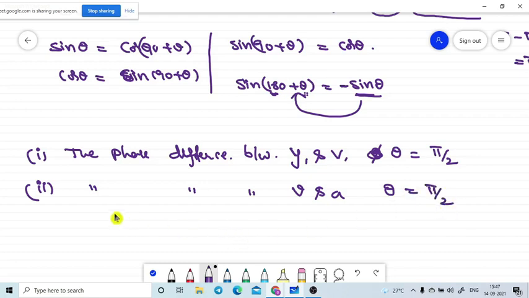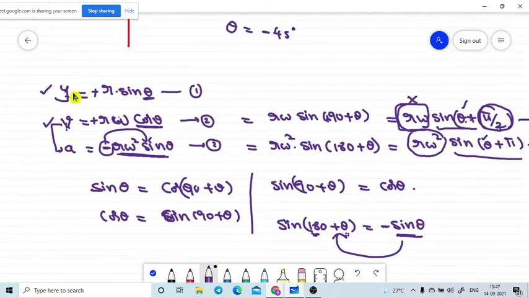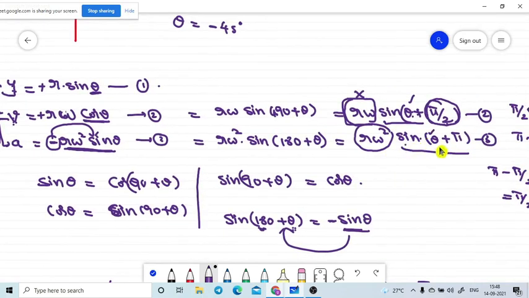So there are three equations. They must have three relations between them. We got these two relations and these two relations. We need to check these two relations also. So what are the equations here? R sin theta is the first equation. The third equation is R square sin theta plus pi. I already told you, don't care about these constants, just concentrate on the angles. Here the angle is nothing, 0 we can take. Here the angle is pi. What is the phase difference between the displacement and acceleration? Pi. So that is the conclusion.